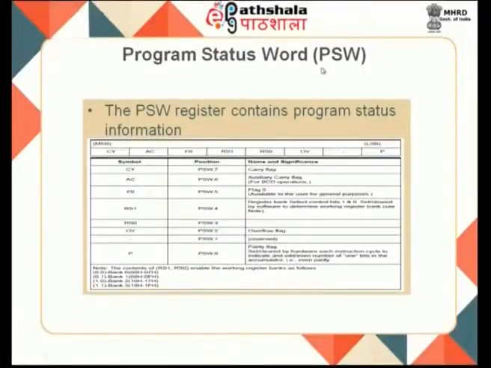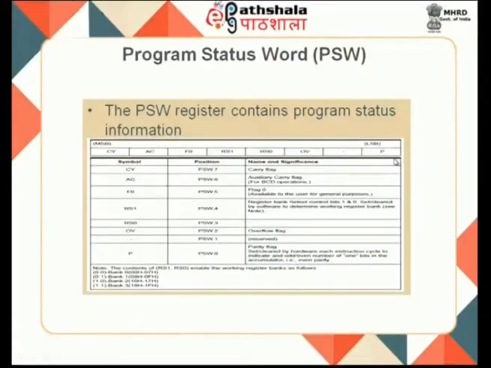And the program status register is a very special purpose register, as the name itself tells you that PSW is nothing but the program status word. That means this status word is stored in the PSR. The program status register holds this PSW, and it is 8-bit wide. The information it holds tells us, when a particular program is running, in which state the system is executing.